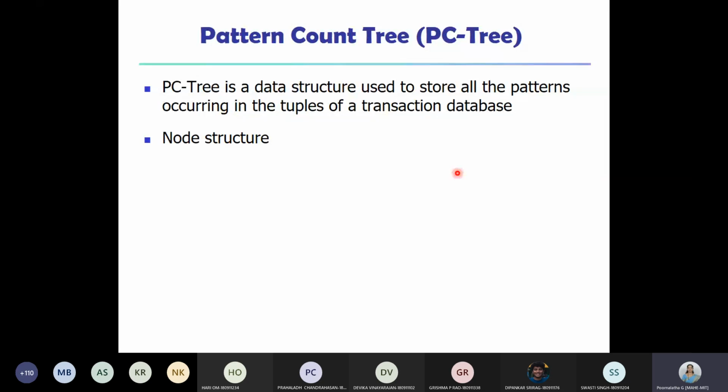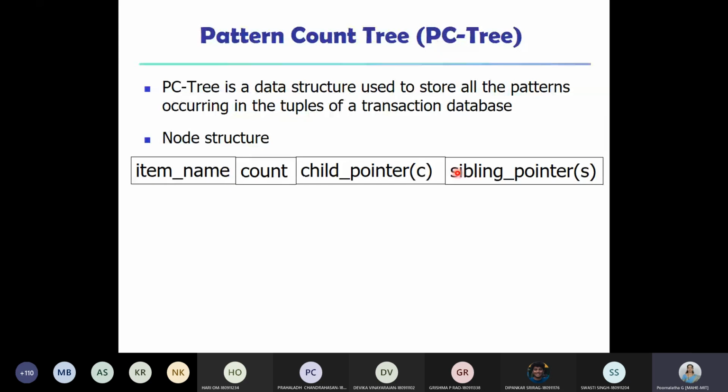Then coming to the node structure of this PC tree, as usual, we have the item name or item ID, then the count of this item, then the child pointer, then the sibling pointer. This sibling pointer was not there in our FP tree. It's a new one which is added in this PC tree.